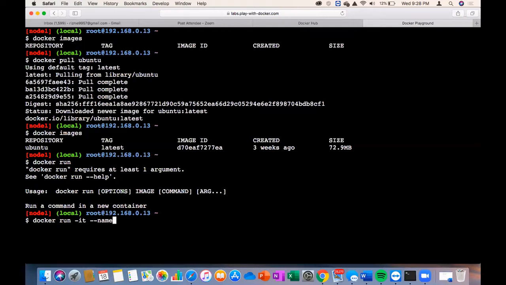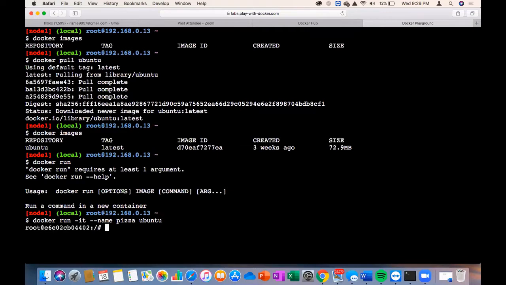Likewise, every container must have a name. Give a name, anything, maybe pizza. Then space, and the name of the image which is used to create the container. So what is the image name? Ubuntu. So I have to write Ubuntu. Yes, press enter.